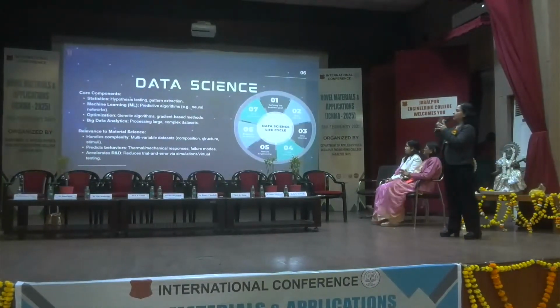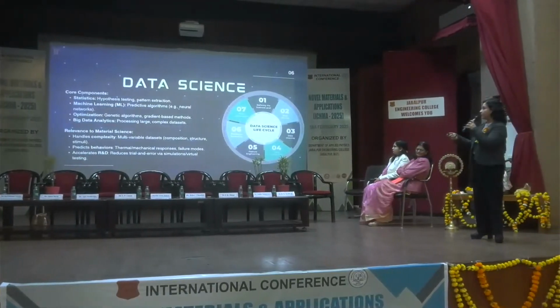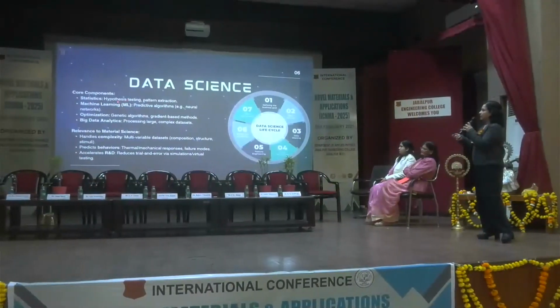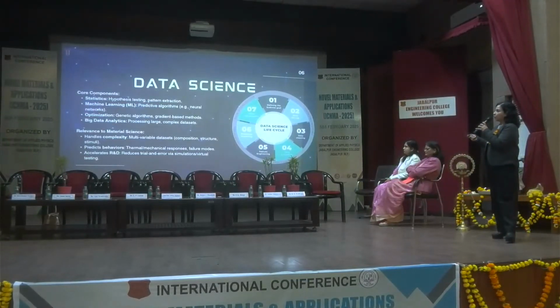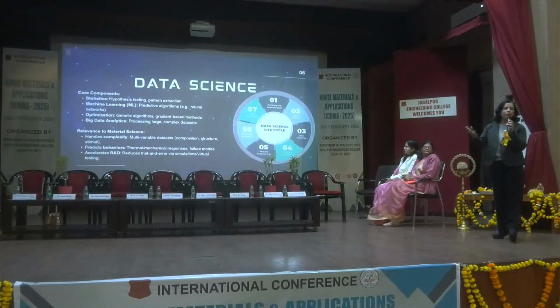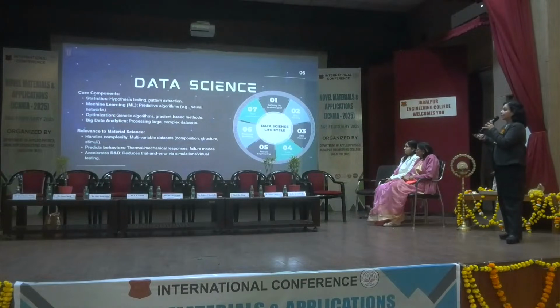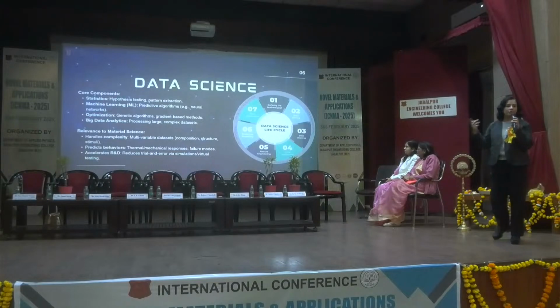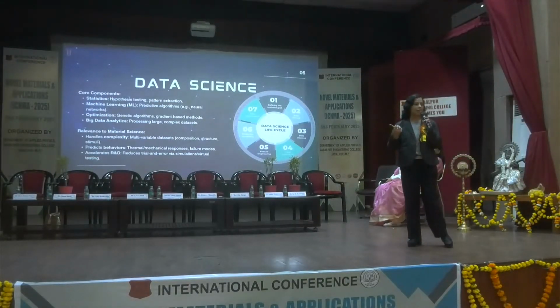Now, why is data science used and what are the core components of data science that we use to analyze such kind of materials? If we talk about statistics, we deal with hypothesis testing as well as pattern extraction. If we talk about machine learning, it is a kind of predictive algorithm. We develop algorithms for analyzing the data, that is, neural networks. If we talk about optimization, there are genetic algorithms and gradient-based methods which are used. Big data analytics processes large as well as complex data sets. So if we have very large or very complex data sets which cannot be analyzed manually, we apply